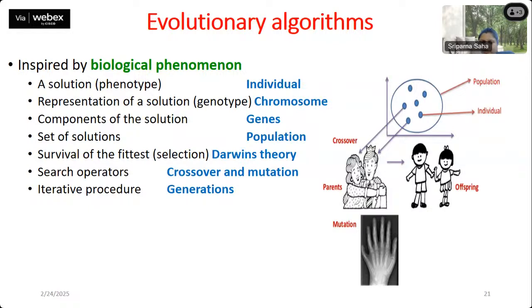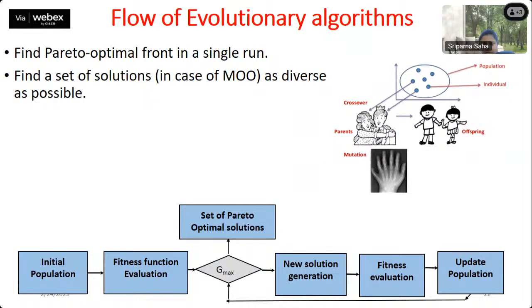And it is following the biological phenomena. It is basically following Darwin's survival of the fittest. This is the overall flowchart of the evolutionary algorithm. Firstly, we will be randomly initializing the population, and then we will evaluate the fitness value of each individual, and